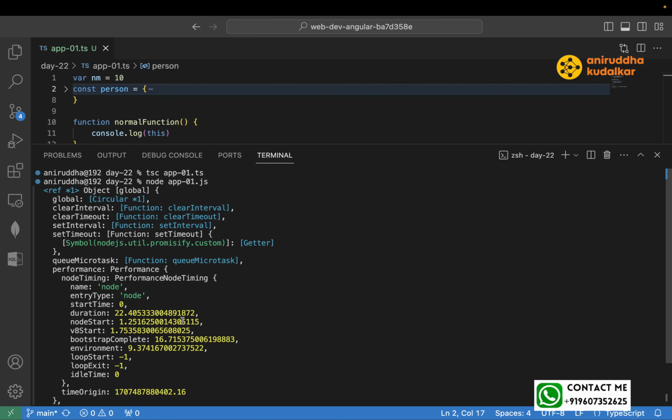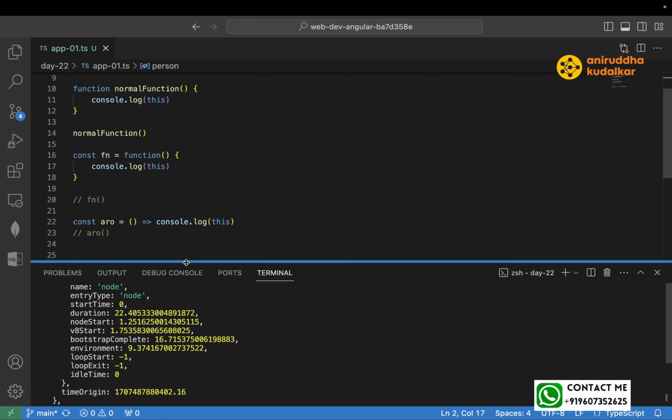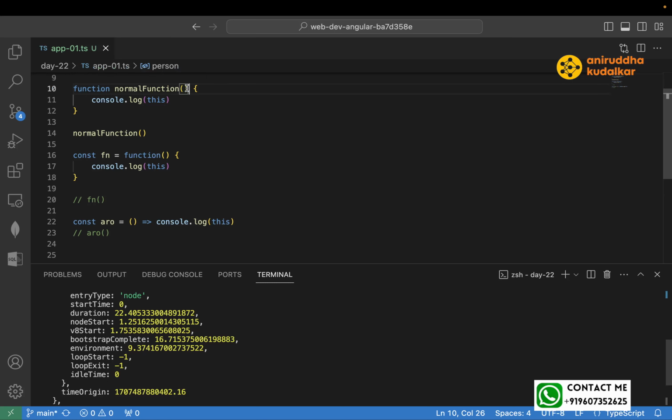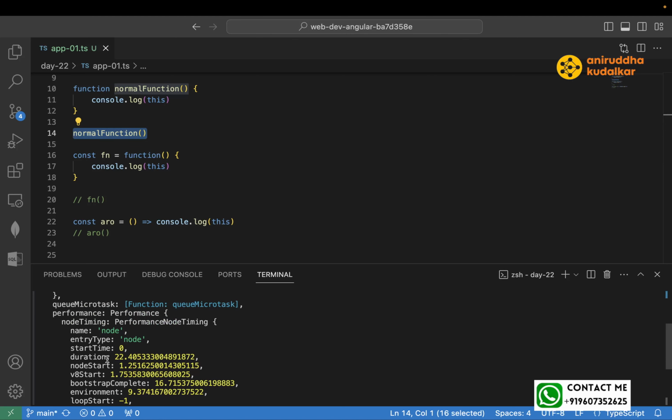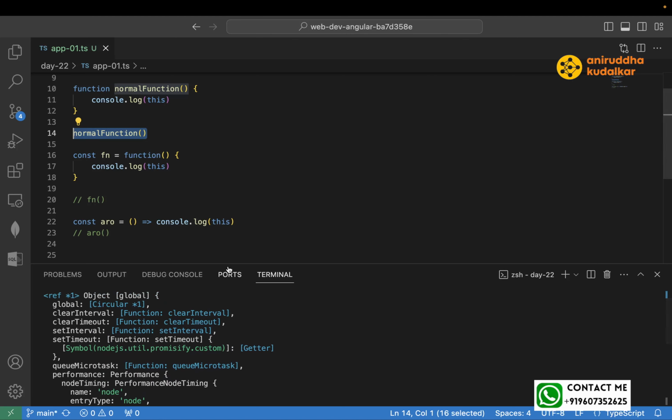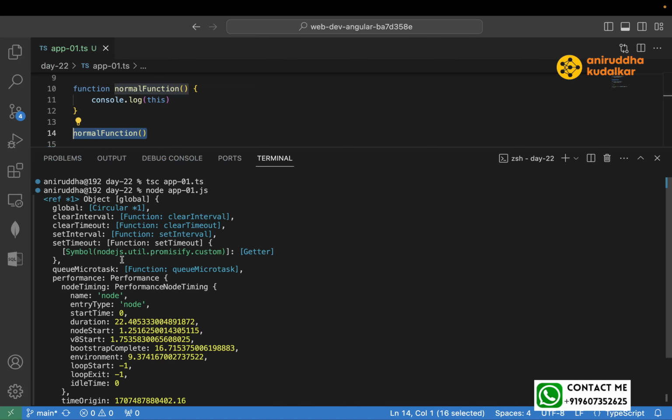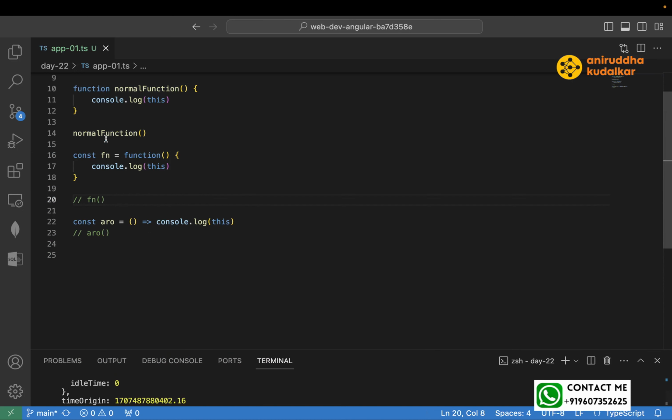something is getting printed. So what we have done is just write a normal function, inside that console.log this, and you are simply calling that function, which is printing some information over here. And here it has written object global. We'll talk about that. I will comment this line, and here I have written the same thing in an anonymous function,